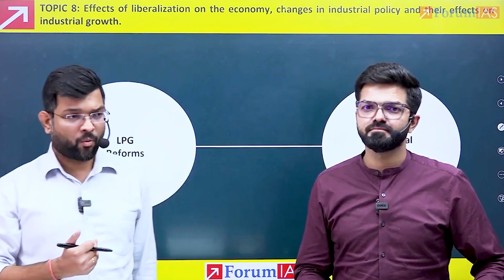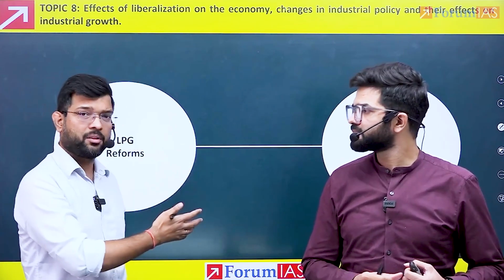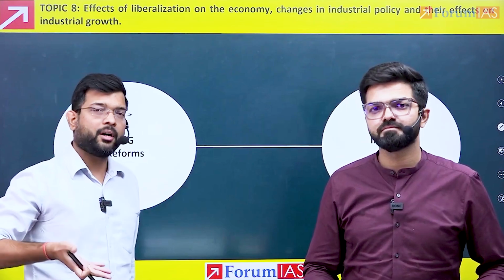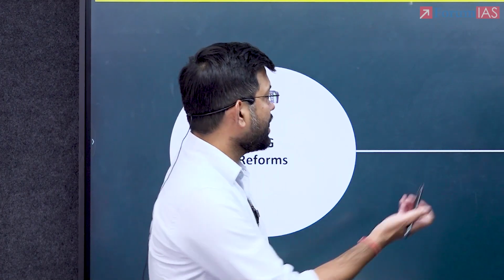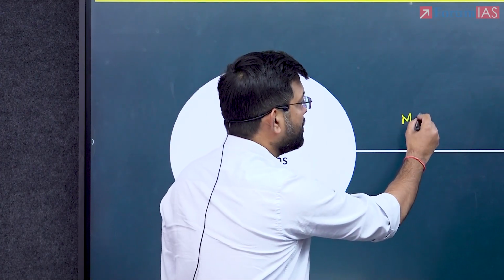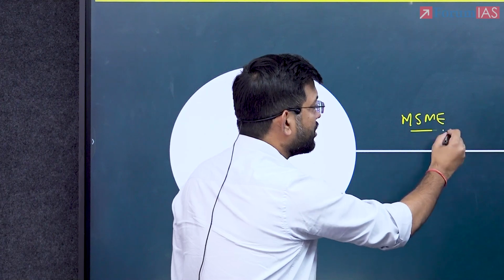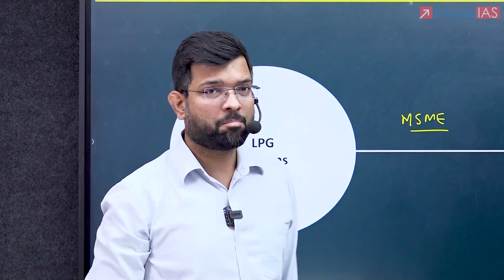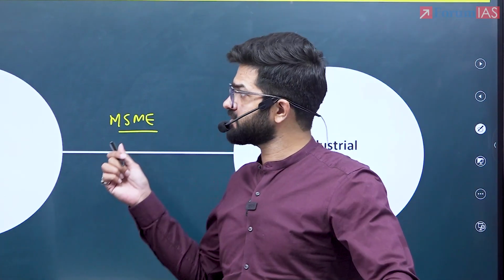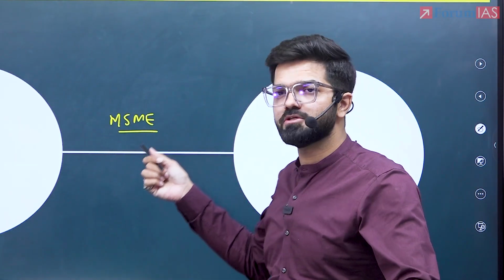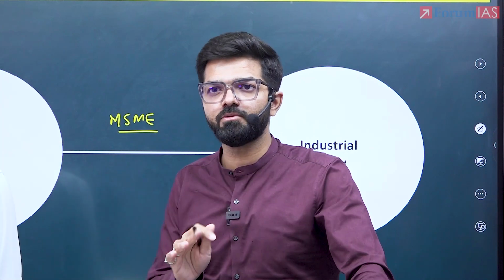Then what is the need for a new industrial policy, right? What should a new industrial policy look like? Do you have 5-6 points on those ready or not? Very significant. Again, in this itself, we have the MSME sector. MSME was specifically mentioned as a pillar of growth this time in the budget, along with agriculture and other things. They have asked the question from manufacturing policy, and MSME specifically in 2023.